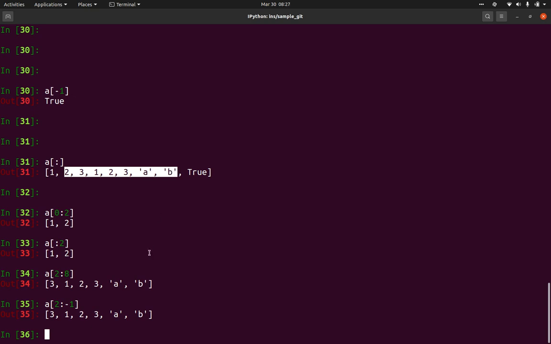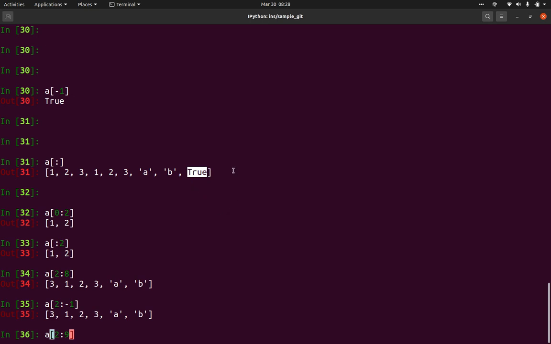Now if I want to fetch from this particular element to all elements, what will I do? I will be using 9, because this index will be 8 and after this there is no indexing value. So this is index 8, but since I need to get this also, I need to give the index of the next element.